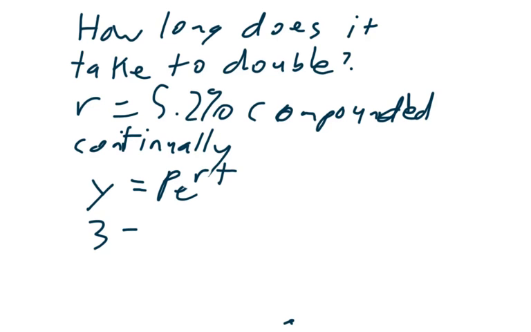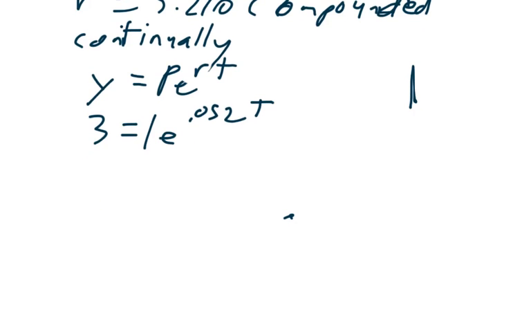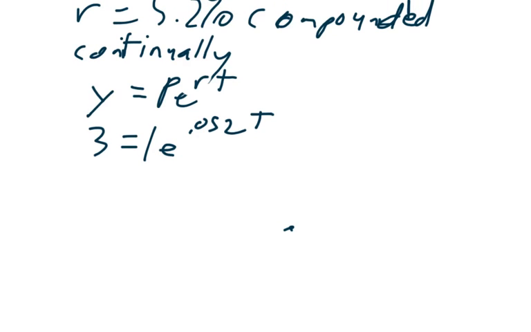And so you can pick any two numbers. And normally I like to pick 3 and 1 because we're trying to figure out how long it takes to triple. And so when we do this, we would normally divide by 1, but there's no point in dividing by 1. And then I would take the natural log of both sides. So when I take the natural log of 3 equals the natural log e to